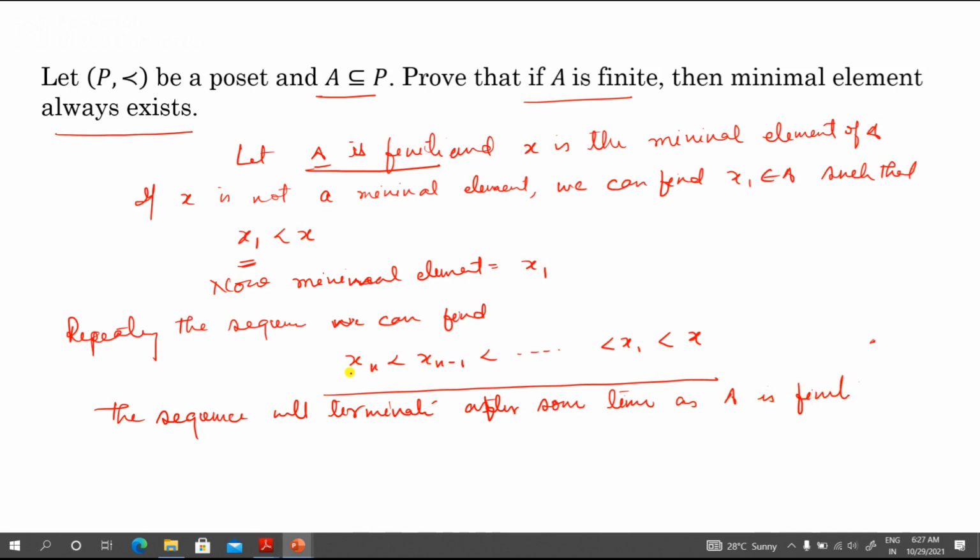And suppose we assume this sequence is terminated at xn, so xn is the minimal element.